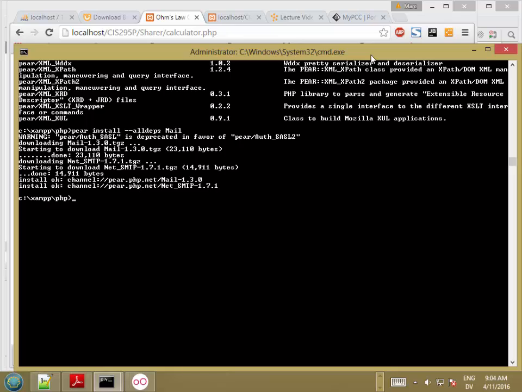Now let's see if the mail extension is working and whether we can actually send mail or not. Before this is going to work, we're going to have to do a few things. The mail extension can be configured in a number of different ways, but the way we're going to use it